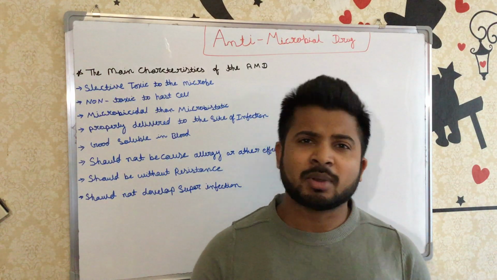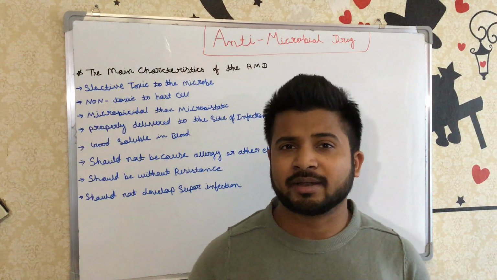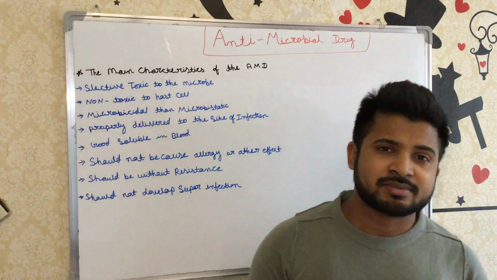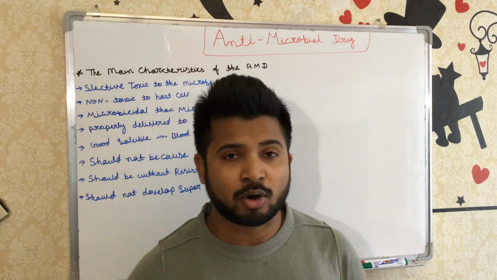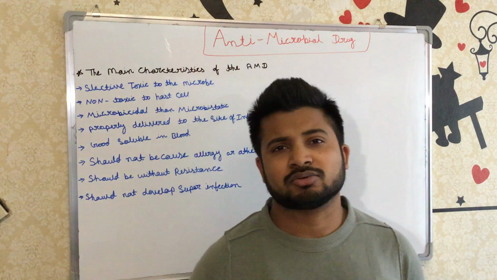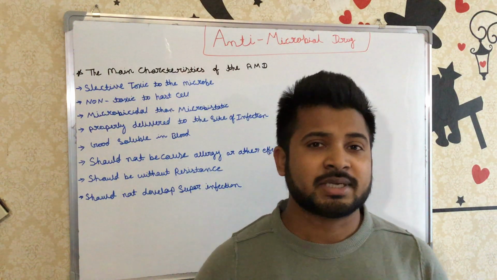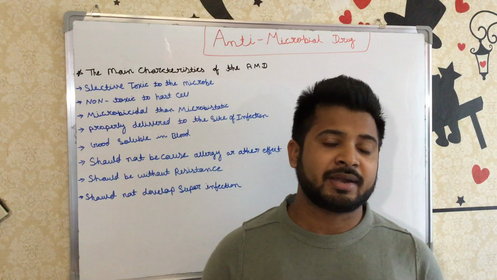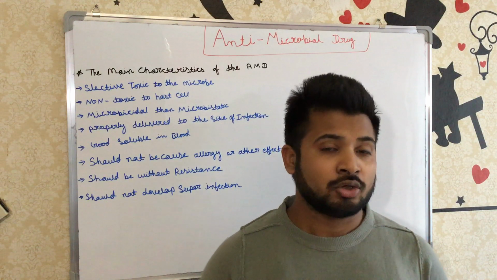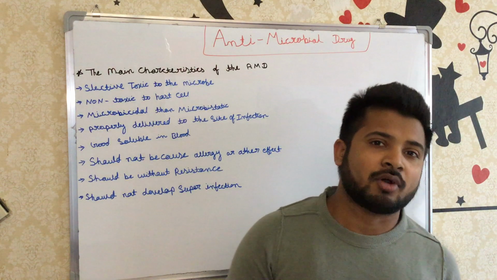As we know, a lot of microbes are present in our human body, and they try to penetrate the cells and start to produce diseases, but our defense mechanism and our antibodies protect us from them. But due to some changes, for example, if a person is suffering from immunodeficiency, the microbes present on the body can easily penetrate the cells and start producing disease. At that time we have to take an antimicrobial drug.